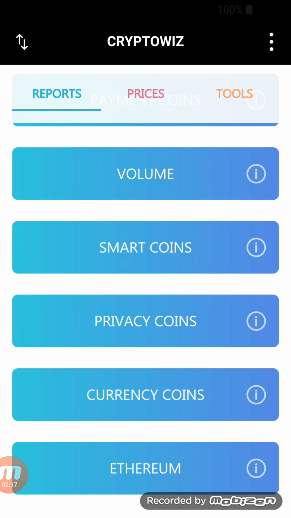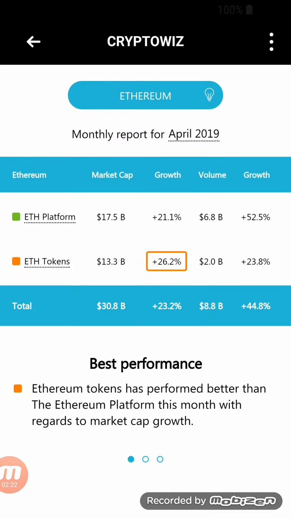For example, let's take a look at the Ethereum report at the bottom. When I click on the Ethereum report, there are 2 rows. There's the Ethereum platform and there's Ethereum tokens, but I don't know exactly how many Ethereum tokens there are that have this market cap of 13.3 billion. Is it 2? Is it 10? Is it 20? So when I click on the Ethereum tokens on the second line,